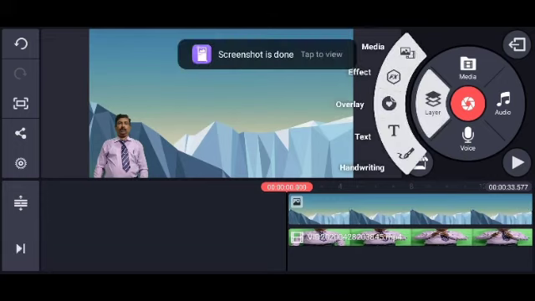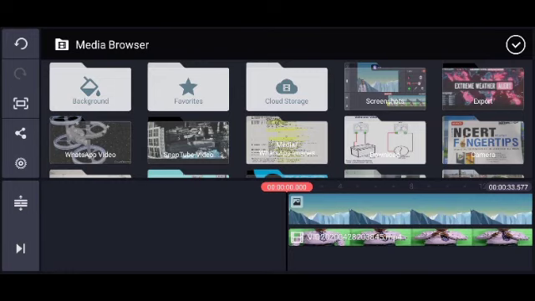Now to keep the pictures, press the layer, then this interface will come. Everything here is useful in keeping the pictures, but for us the media option on the top is very important. When we press on media, we go back to the file management part. There we can find the files. These pictures you can find in camera, downloads or WhatsApp, whichever folder the picture is in, you have to choose that file.